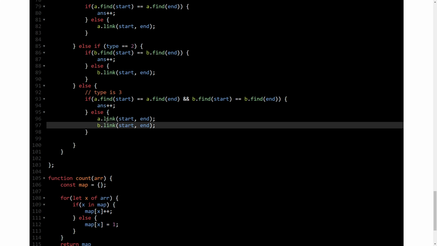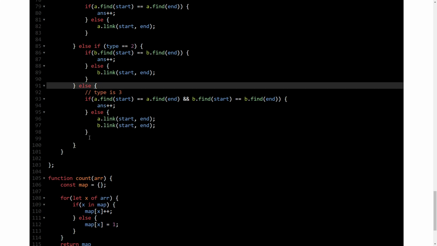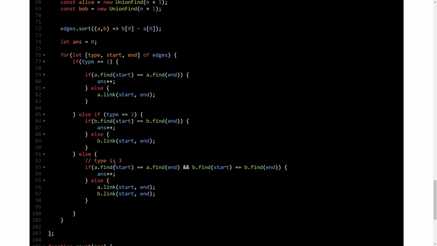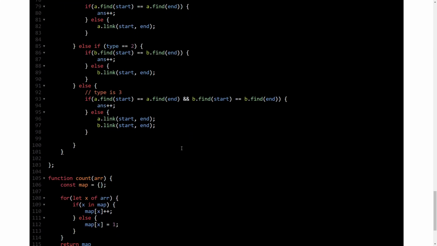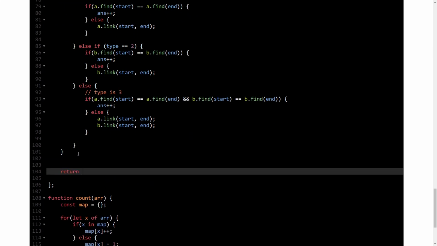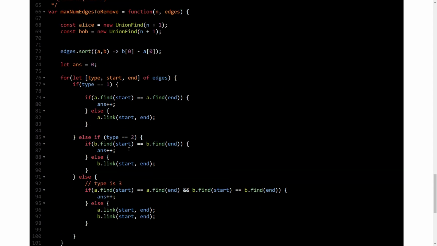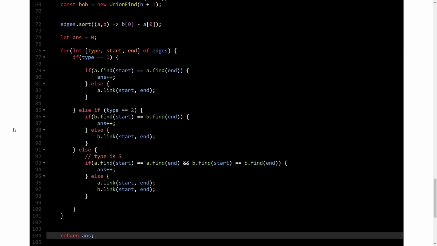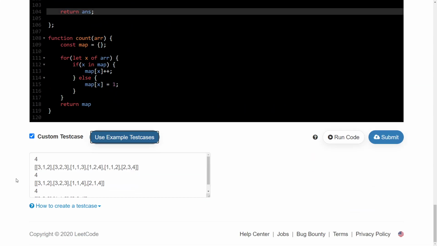So this is my answer, but there is a case I'll tell you about. So this is done. Oh, this is else and this is for. Then we just return answer. Done. But we have not handled the case where we have to return -1. But let's just run it to see if there is any other syntactic error.